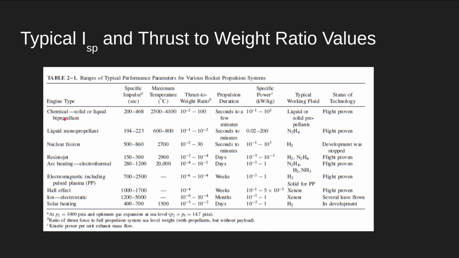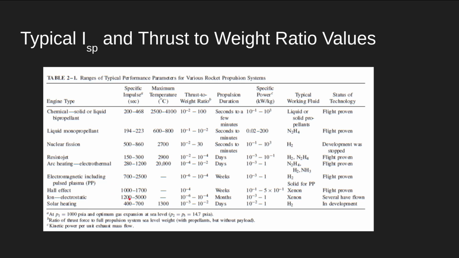So yeah, we can see here, chemical varies from about 200 to 468, but it has thrust ratios up to 100, which is very good. And the propulsion duration is never more than a few minutes, right? And then there's some other ones, but stuff like